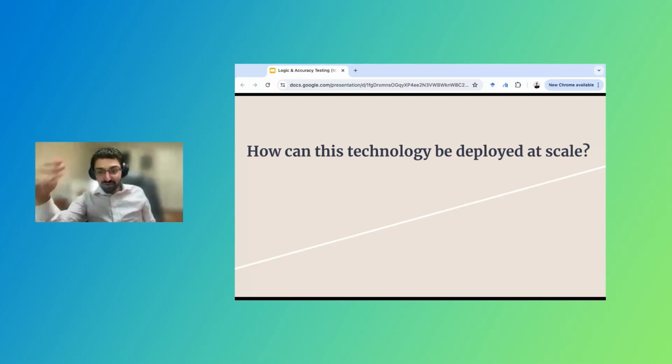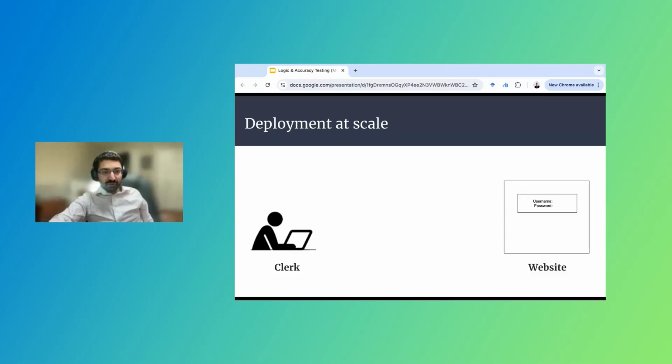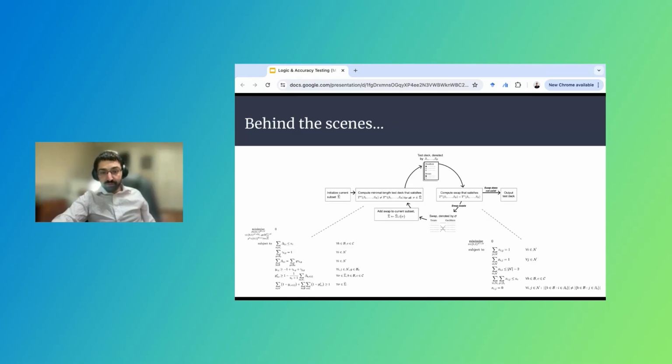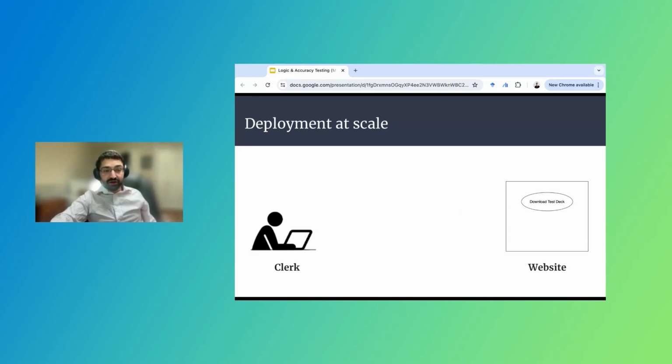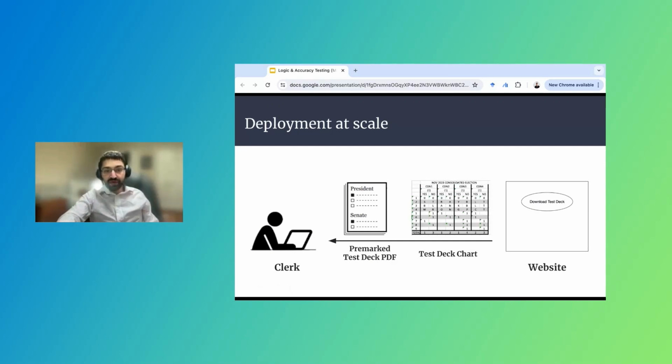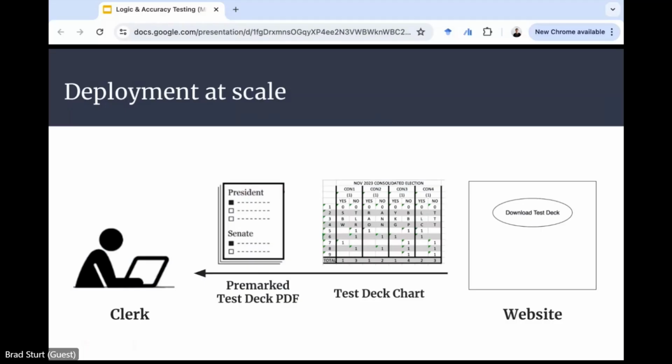And obviously to apply the mathematical optimization algorithm, you need to know what's going to be on the ballots. So what we're developing is basically a website that county clerks or election officials can log into. They can upload a PDF of their blank ballot. We then run our algorithm, and the clerk can download the output, in the form of a pre-marked test deck PDF. They could just give it to a printer if they want, or it shows them how to do it by hand to print their test deck, as well as a test deck chart, which shows them, if they're doing it by hand, exactly how to mark it,